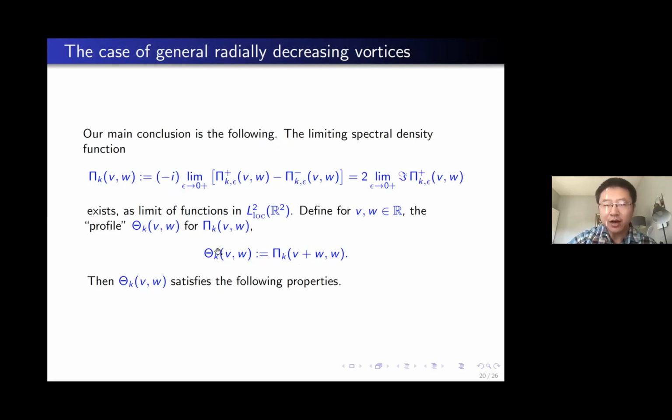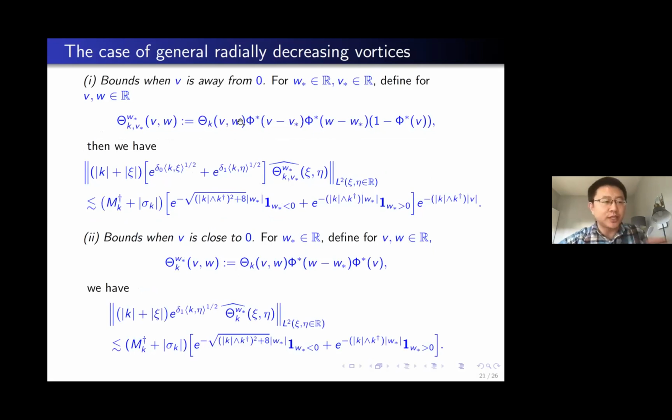Now if we make this shift, it turned out that this change of variable shifts all the singularity to V, and W is now smooth. That's our main conclusion. After this shift, this function will be Gevrey regular in W, in the same Gevrey space as the initial data, and it is not regular in V, but we have a very good singularity structure in V. So this is a more precise statement.